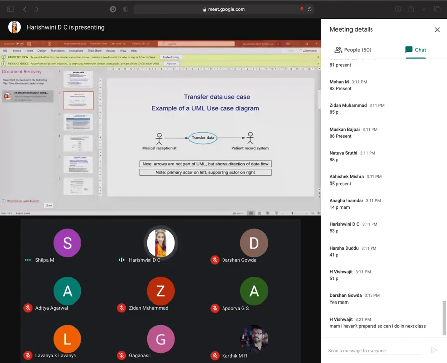Actors could be users or they may be systems. Both these actors interact with this use case to transfer data. The stick figure notation was originally developed to cover only human interaction, but now it is also used to represent other external and hardware system interactions.